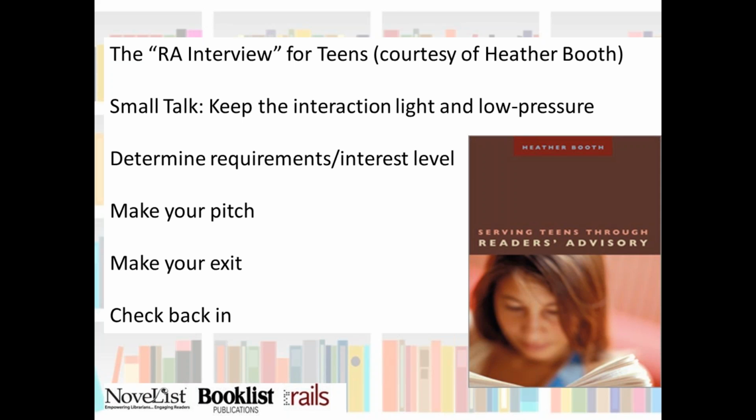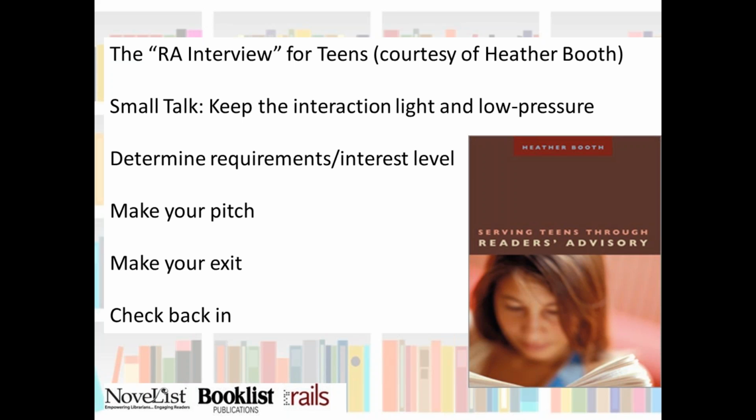So then Heather's next tip is to quickly go ahead and make your exit. I think with adults, we like to, of course, have them tell us as much as they can and spend their time with us and go over these things. For teens, it's a little bit different. You have to give them their space. You have to be able to walk away, give them a couple of things to look at and then leave them be with it. So she says to offer them several quick choices and then leave them on a table or slightly pulled out on the shelf and just say to them, "Let me know if none of these work and I'll try again."